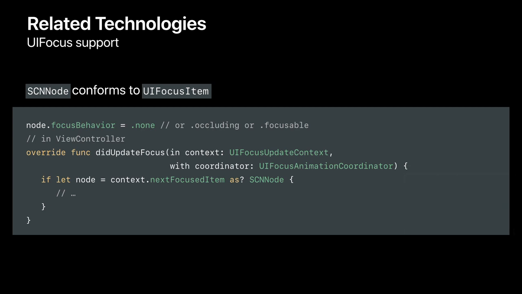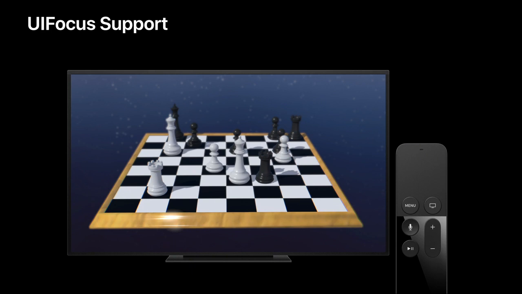to provide. To briefly explain how this works, let's say here I configure the white pieces to be focusable. SceneKit will automatically compute the projected area of your objects and give that to the focus engine. Then the focus engine will take care of selecting the right object based on the gestures on the remote. And SceneKit will take care of keeping the projected areas on screen updated if you move your objects or if you move the camera around. So the only thing you have to do here is just to define what object should be focusable or not, and that's all.